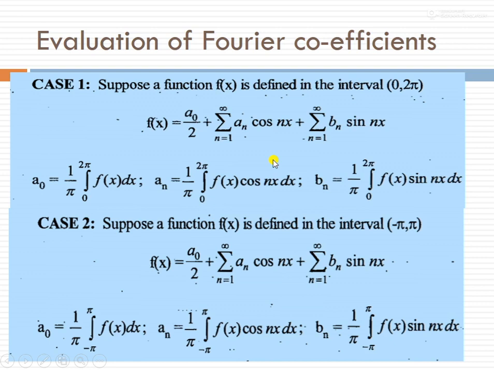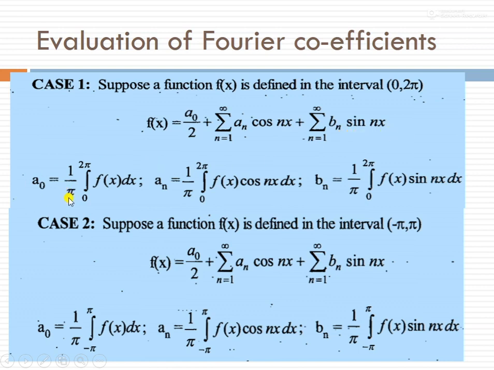An evaluation of Fourier coefficients. We know that a0, an and bn are known as Fourier coefficients. Suppose the function f of x is defined in the interval 0 to 2 pi. Then the Fourier series of f of x can be written as a0 by 2 plus sigma n equal to 1 to infinity an cos nx plus sigma n equal to 1 to infinity bn sin nx, where a0 can be